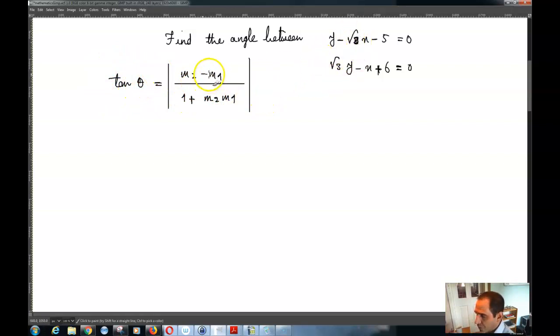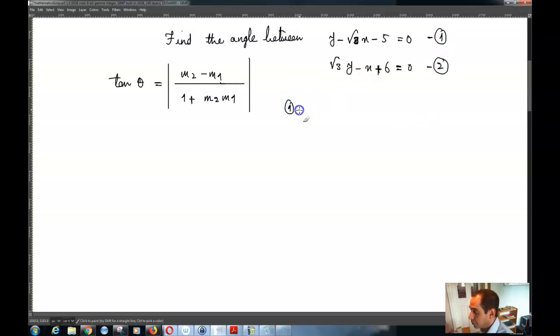So we need to find the slope of these two lines. Now the slope of these two lines is going to be equal to, of course, if I call this 1 and this number 2,